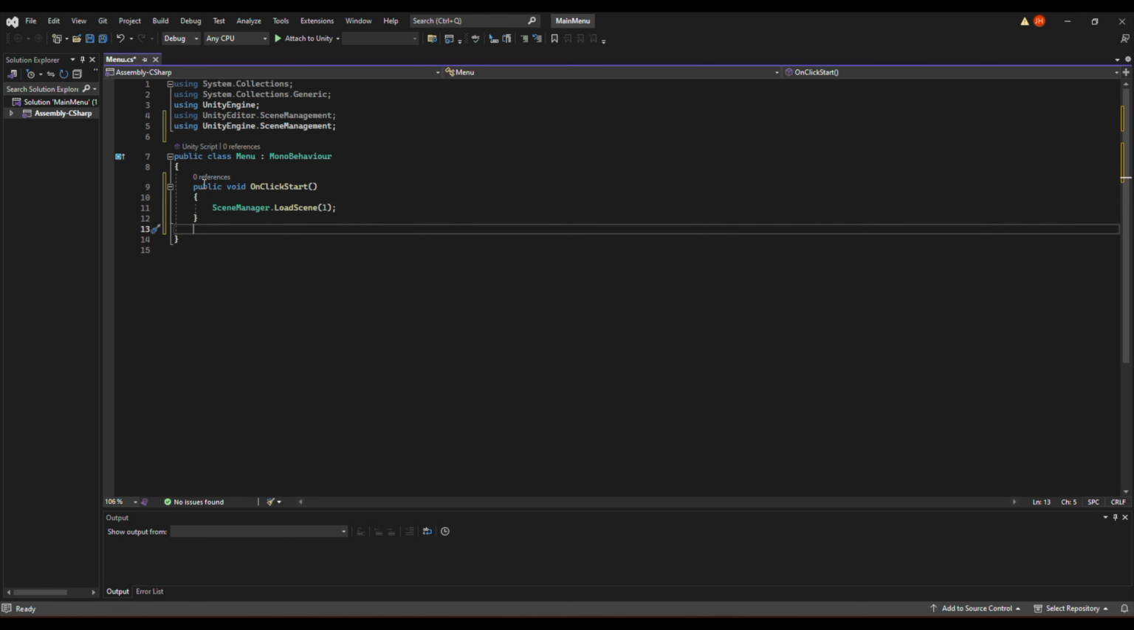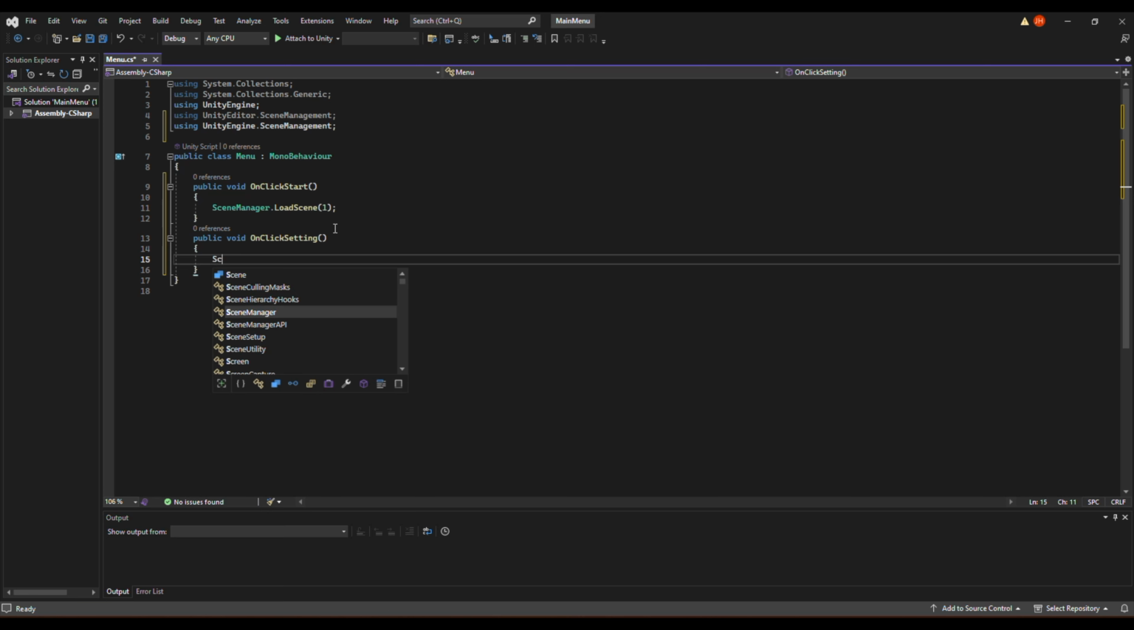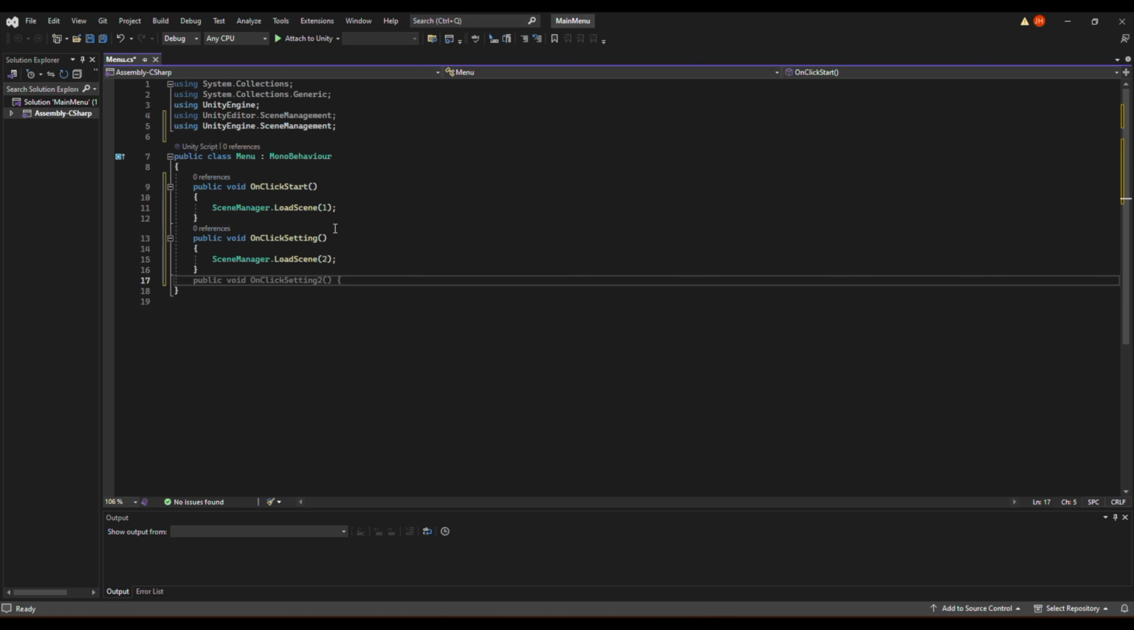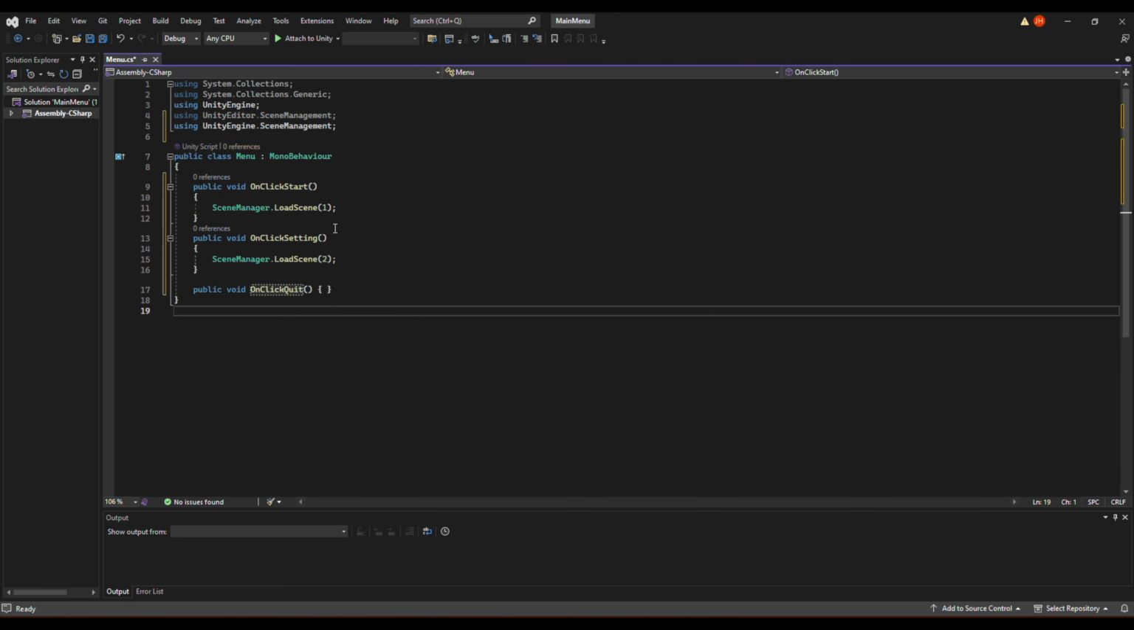For settings, we'll do public void on click settings, then your parentheses and then your brackets, and you're going to do SceneManager.LoadScene(2). And then for quit, it's a little bit different. You'll also do an on click quit, but in the curly braces,